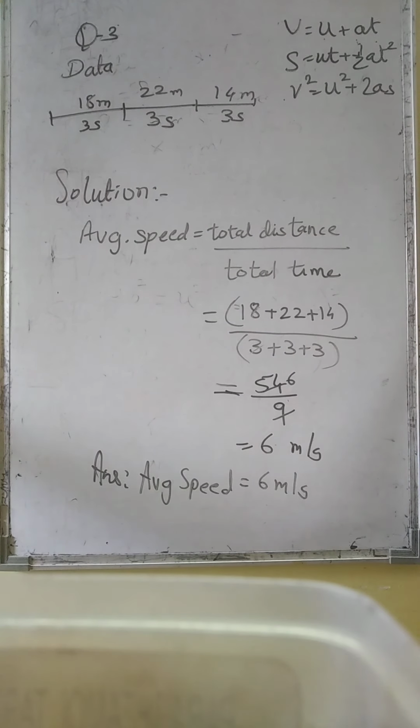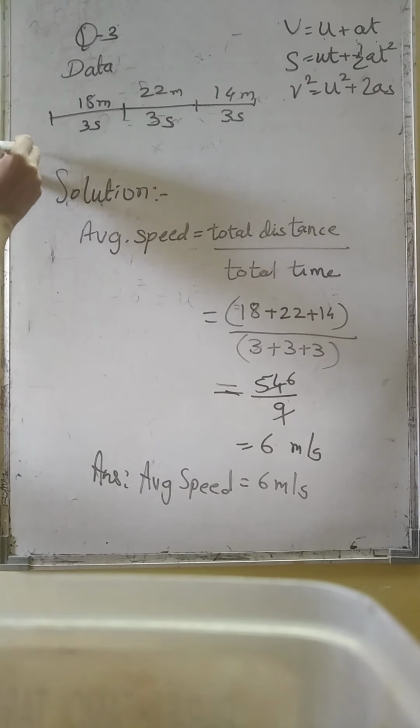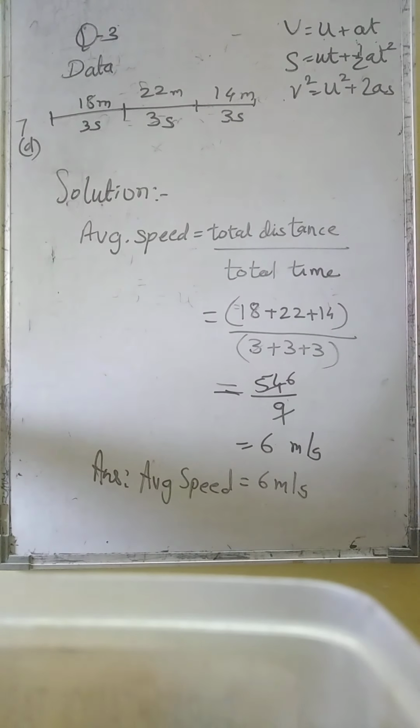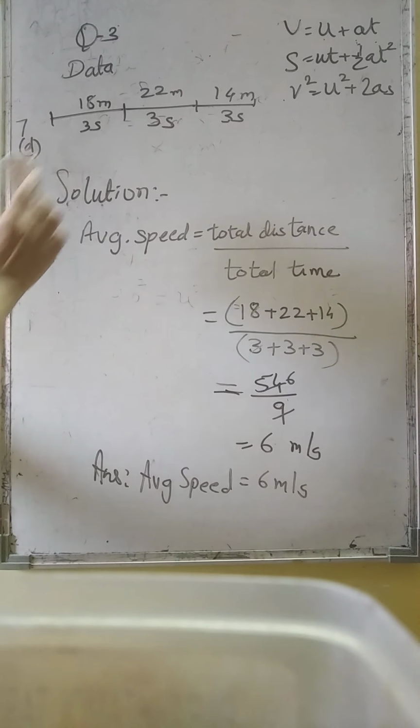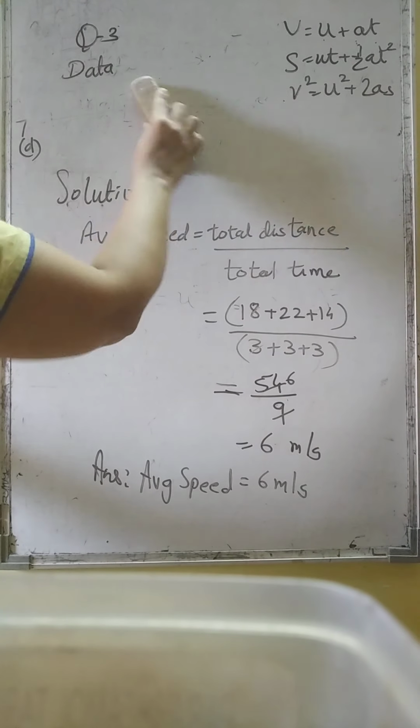Children, now as we did this question, let me do the D sum, the last sum of question 7. It is related to this only. So let me do that. Okay, fine. We'll just change the order. No problem. All the sums should be there. If the order changes it will be fine. Just write 7 D properly. Let's read.